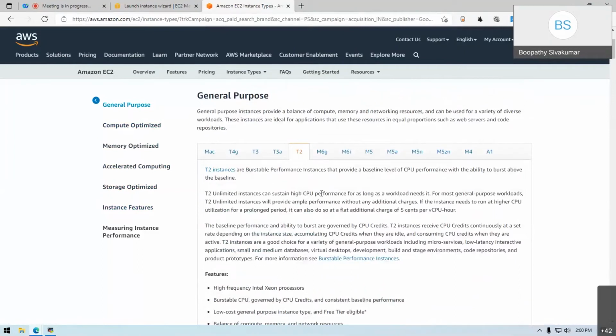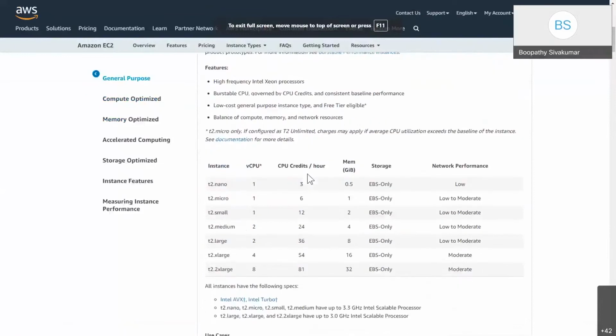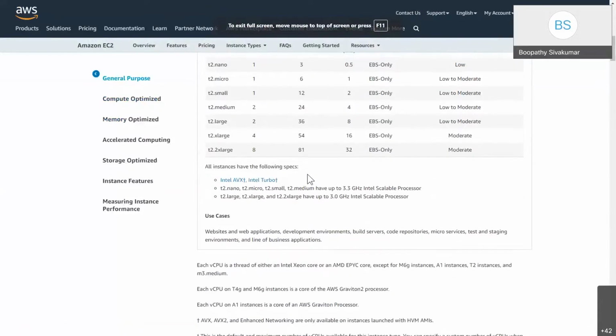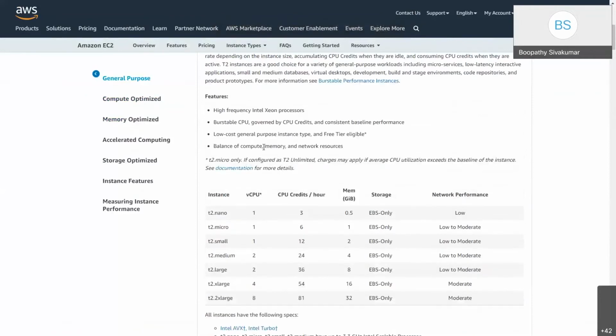If you scroll down, these are the features they have. They place the system on the Xen processor system, and they have burstable CPUs and credits. I will explain what a burstable CPU is and other things going forward.